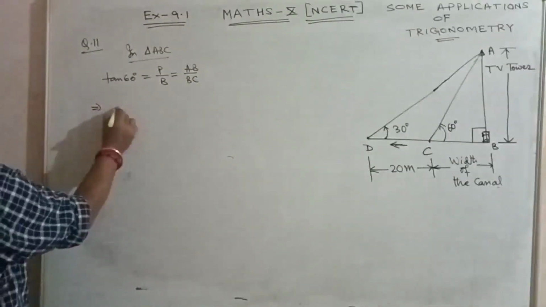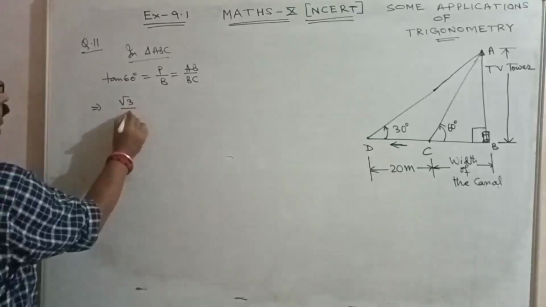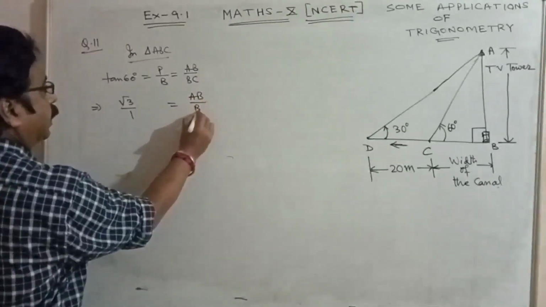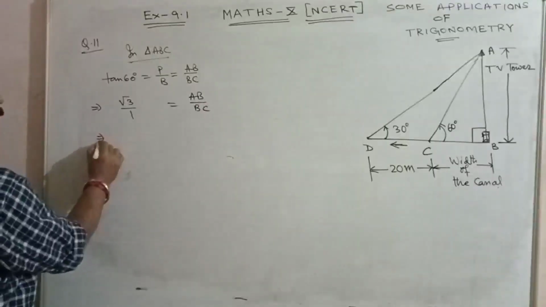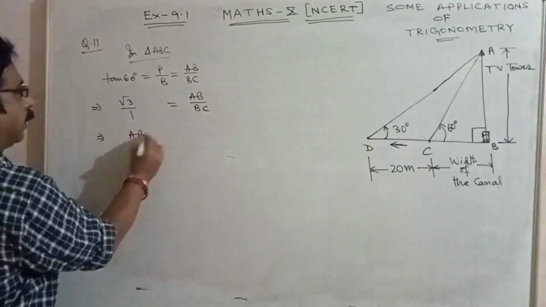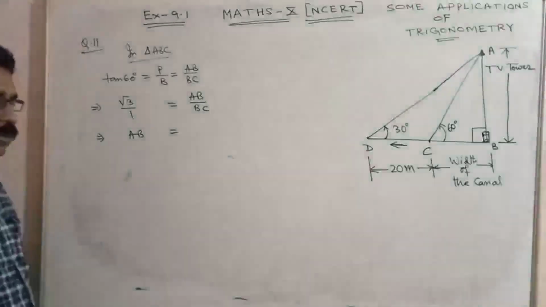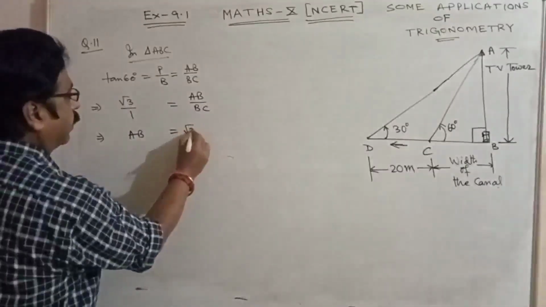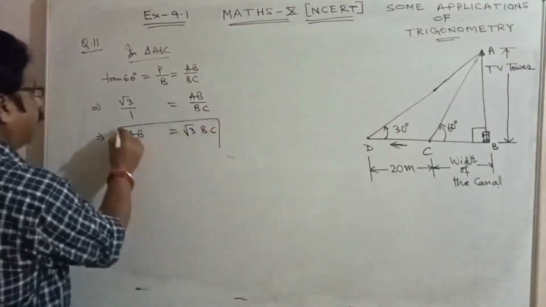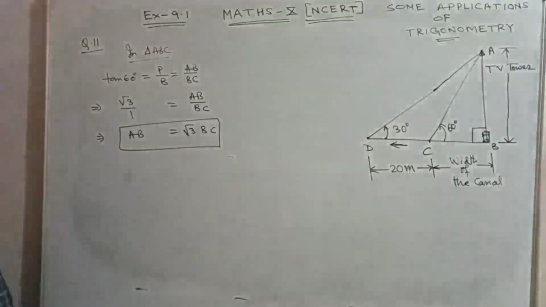Tan 60 is root 3. We can write root 3 upon 1 equals AB upon BC. Cross multiplication: AB into 1 means AB, it is root 3 BC. We got this. Next,